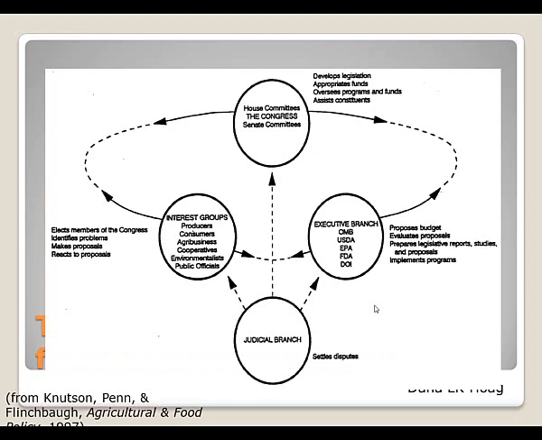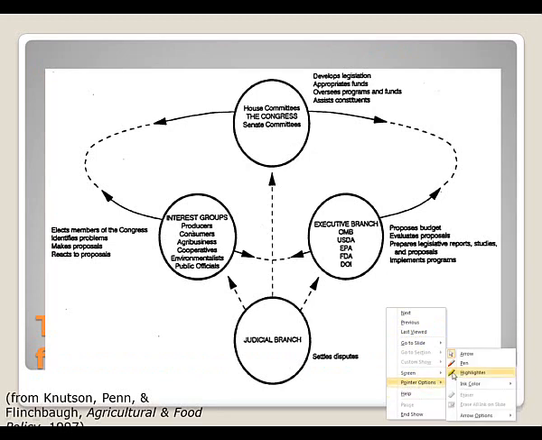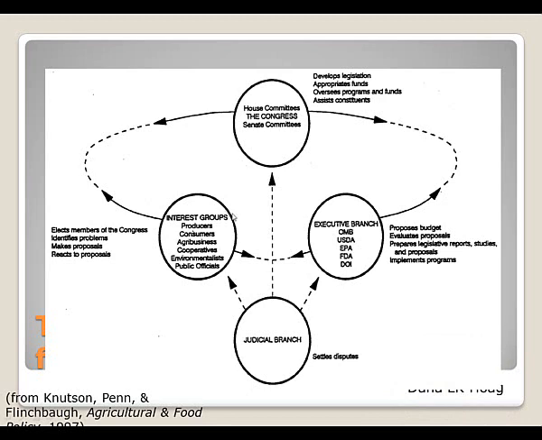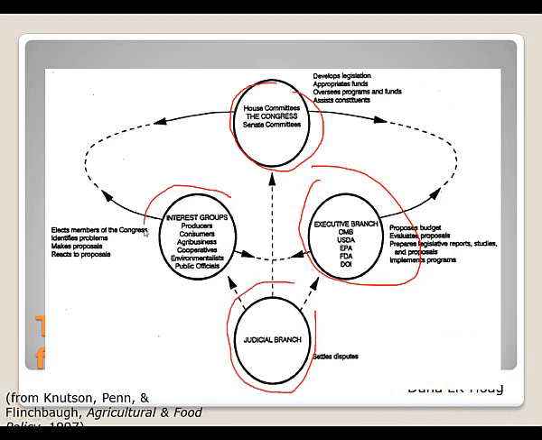One thing I want to point out is one of the policy writers did a clever thing where they took what we learned in high school, which is there's three branches of government: the legislative, the executive, and the judicial. And they say, well, let's just add a fourth branch. That's interest groups. So you can see here there's producers, consumers, agribusinesses, co-ops, environmentalists, public officials. There's all these different people interested. If you think of the government this way, you kind of get an idea that participants really do matter. So this landmine is not trivial.